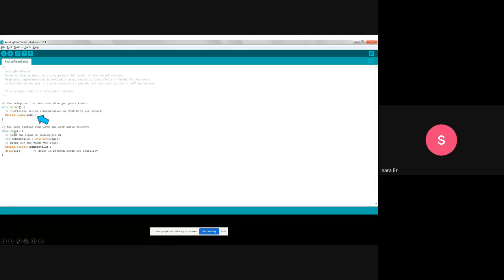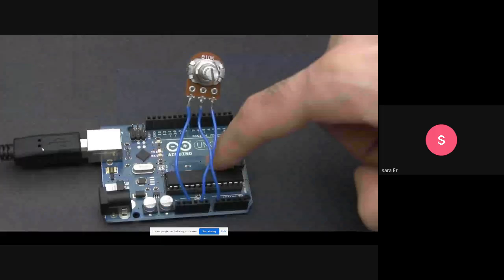Here in the loop, we read analogRead A0 data into a sensor value and print it. And this is our hardware.